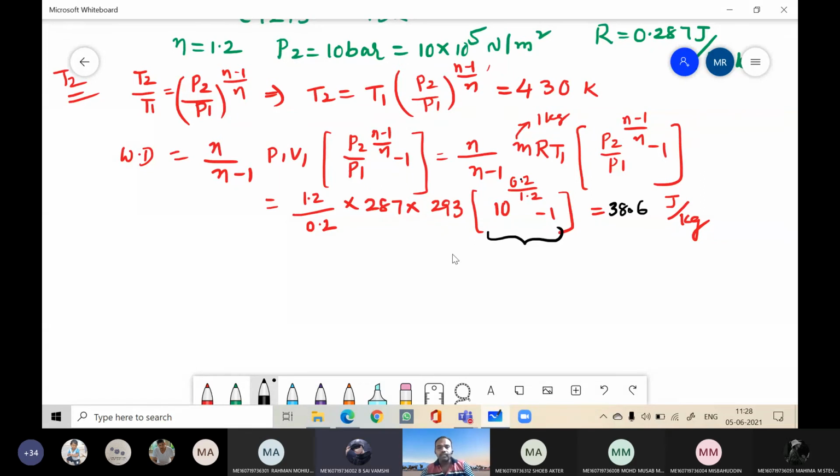Sir, it's kilojoules per kg. Kilojoules you got it. Why did you take 0.287 or 287? No, sir. Total I got 3868. Okay, into 10 power 3. I'll write 3868 into 10 power 3. Now, right? Means 38.6 kilojoules per kg according to you. Okay, right. Is it the okay value for others?